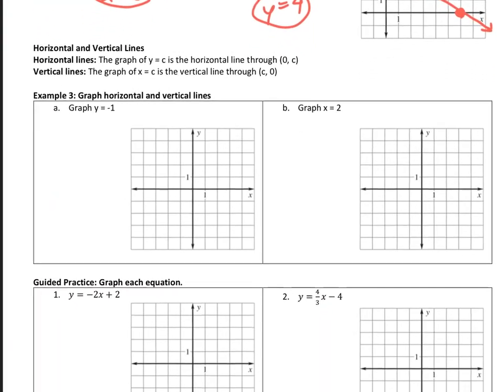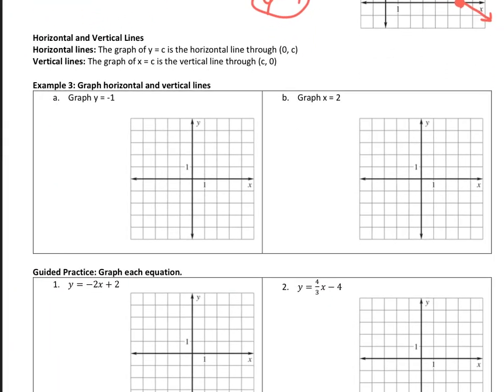All right, past that. The other 2 types of lines we're going to see are horizontal and vertical lines. Horizontal lines are of the form y equals c, a constant. Vertical lines, x equals c, where c is a constant. So you think of y's as being up and down, x's as being left and right. But with these graphs, if it's y equals a constant, I'm giving you the y-intercept. So you can plot the y-intercept,